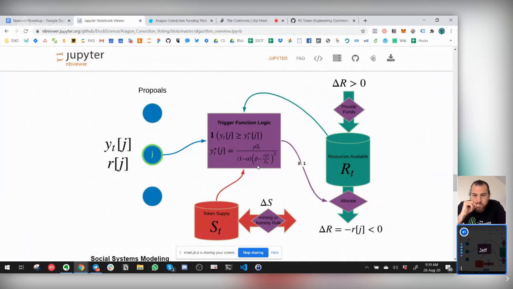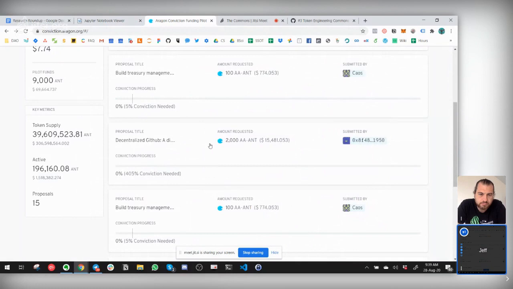And this is Michael Zargham's mathematical genius, of course, modeled after the electron repulsion equation, because it gets exponentially difficult to push two electrons close together. We're using the same type of equation to make it that difficult to acquire conviction for large proposals. And that prevents an attack vector as well, right? We don't want someone draining the whole pool in one proposal. Even if everyone supports it, that just leaves the community in a bad situation. So it's just not the best strategy for using funds.